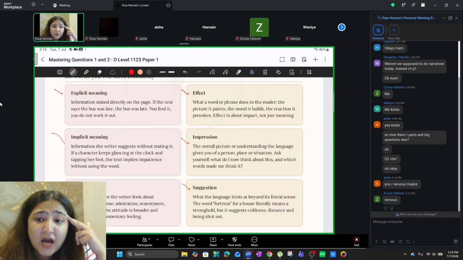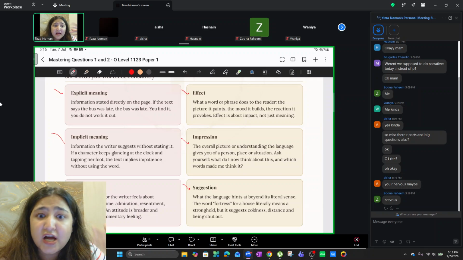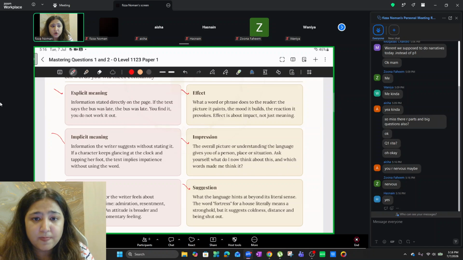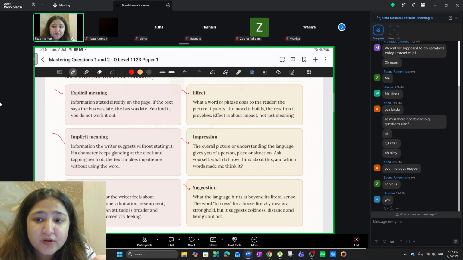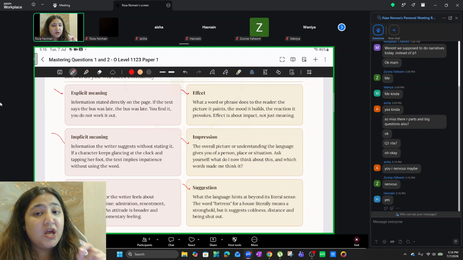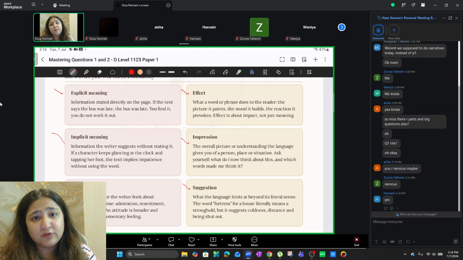Through actions, we understand what is being implied, right? What is the other person trying to tell us? So that is what we mean by implicit understanding. Good to go? We figure it out, we work it out, but we do not get the answer directly. If you're looking for a direct answer to an implicit question, you will end up losing marks.